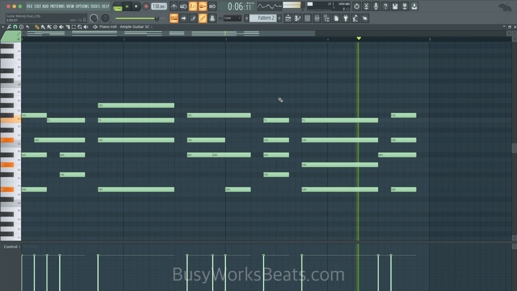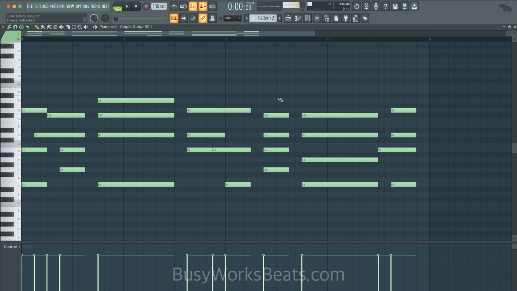So that's how you blend chords and melody at the same time and make it sound realistic. Again, you could hit Shift up or Shift down to transpose the key. It's a cool key. And again, you don't have to use quarter timing. You could use triplet timing if you want to change it up.